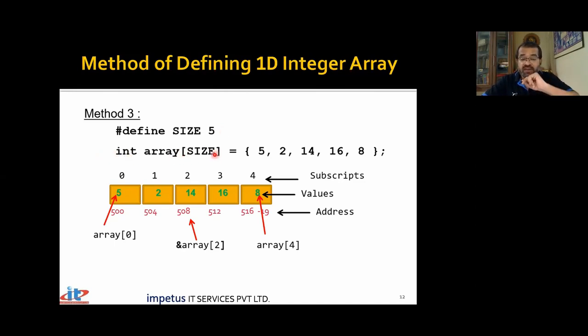But what is that 10 signifying? Is it signifying marks of a student in 10 subjects, or marks of 10 students in one subject? One student's marks in 10 subjects, or 10 students' marks in one subject. If I had given a name to this constant, saying #define NUMBER_OF_STUDENTS 10, and if I define the array as int array of number of students, it becomes very clear